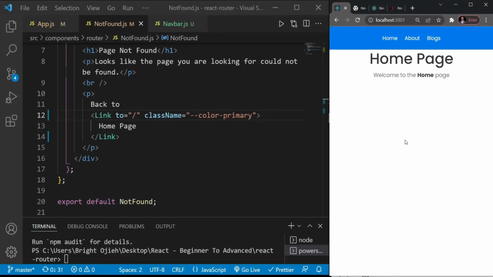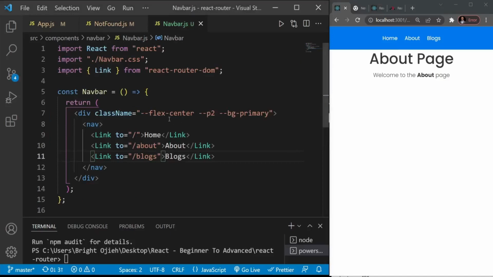All right, so currently in our navbar we have no way of knowing which link is currently active. So although I'm in the home page, there's no difference between each of the links. If I go to the about page, there's absolutely no difference between each of the links. So we need to have a way to identify which link is currently active, and we can do that in React, right? So what I'm going to do is I'm going to come to my navbar.js and I'm going